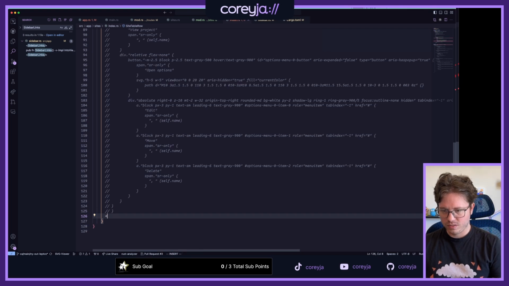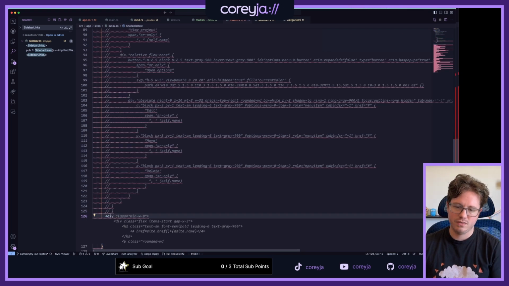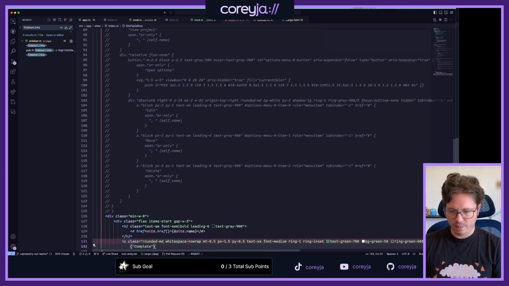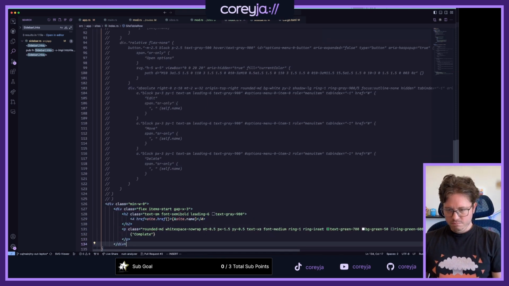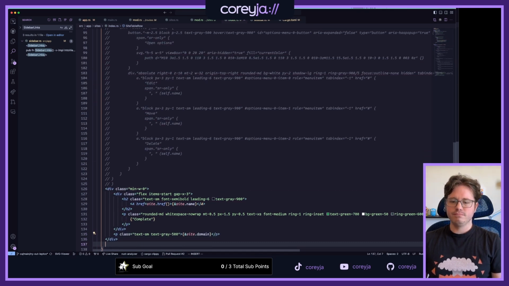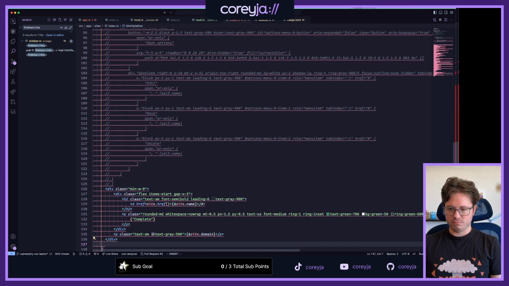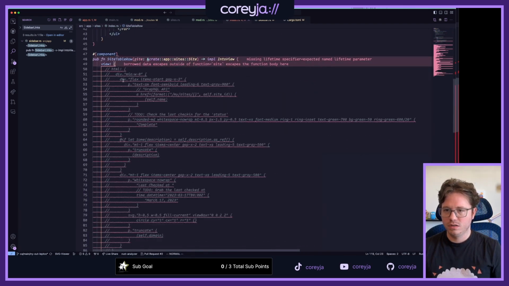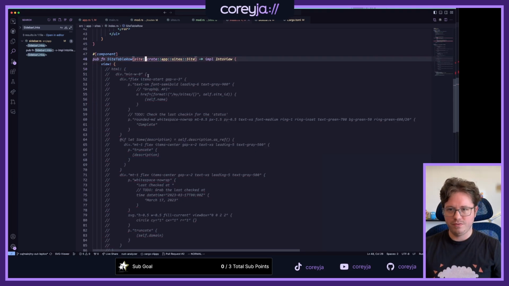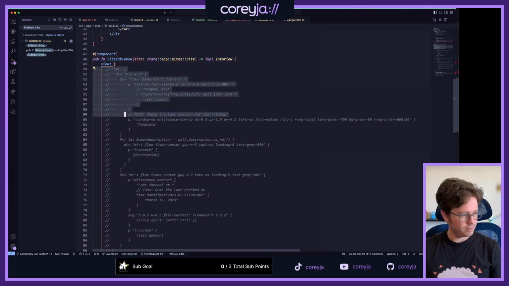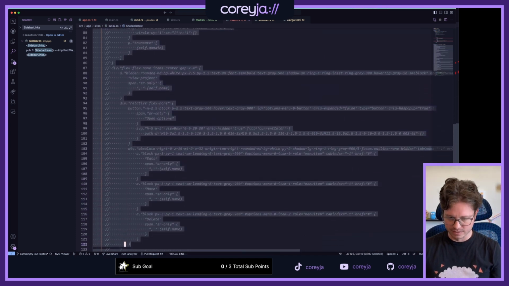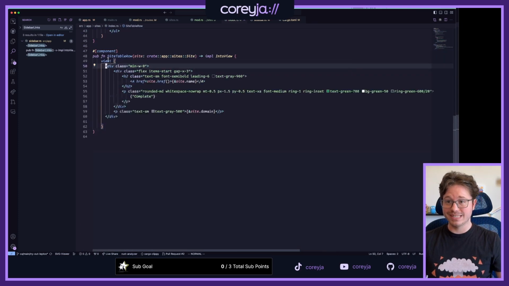So if I want like a div, now what? Whoa. Oh, yeah, no, we don't want to borrow there. We want the full thing. And then I think I just want to copy this outside of the view block because I think it just deleted itself when it was inside the view block.